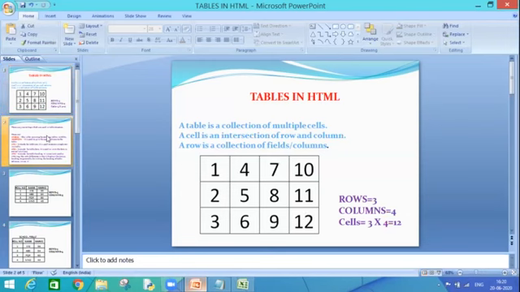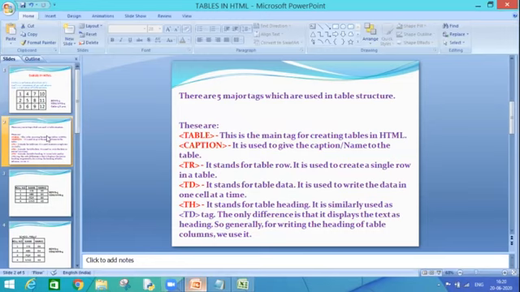Let's move on. Now let's start with the coding part. In coding also we need to understand some of the theoretical concepts, like we have talked about earlier also, that for working with HTML we need to work upon tags and attributes. Nothing can be written, nothing can be displayed onto the web page without the use of tags. Similarly, for creating tables also, we need to use a set of tags. So the very first tag which needs to be used, and the basic tag, is the table tag.